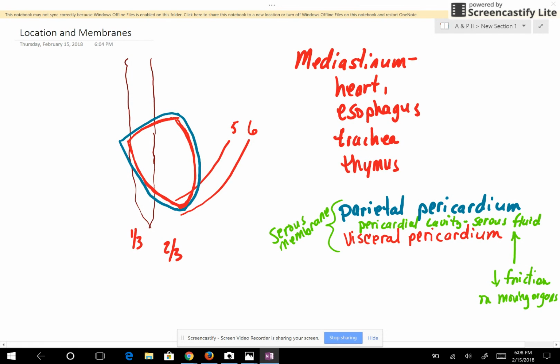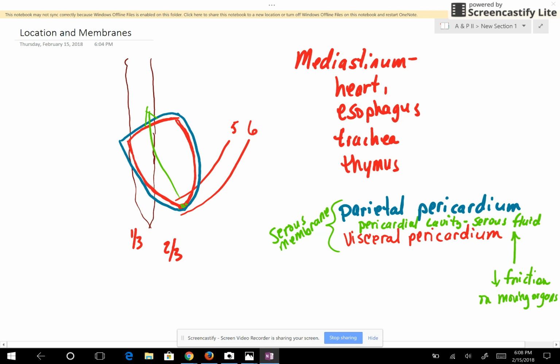Okay, so that's where the heart is located, in the thoracic cavity, in the pericardial cavity, also in the mediastinum. It is located posterior to the sternum. About 2/3 of it's to the left of the sternum, while 1/3 of it's underneath the sternum or covered by the sternum. The apex of the heart is located between the 5th and 6th rib. And this is why, if you've ever taken CPR, they'll tell you to go 2 fingertips up from the xiphoid process, go over to the left-hand side, and you'll actually be able to do chest compressions on the apex of the heart